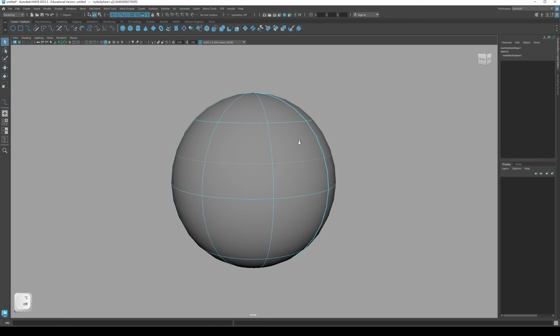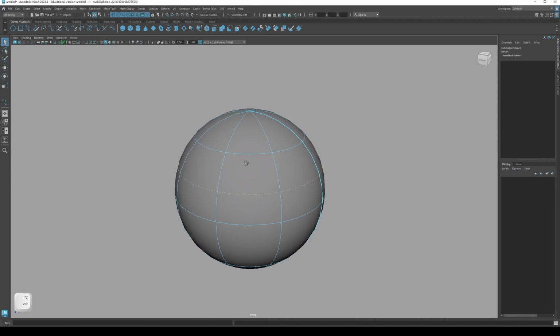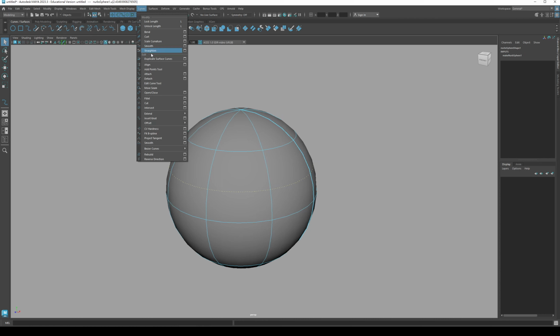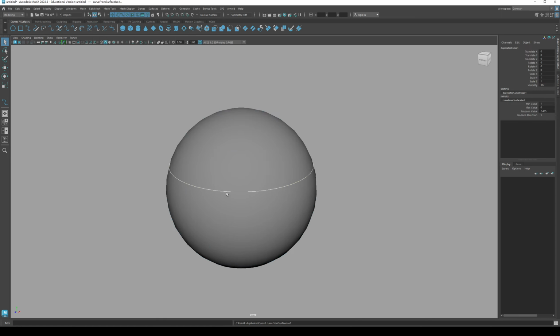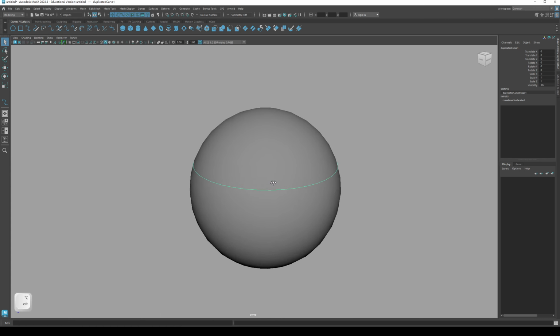Okay, we marked the isoparm, and we want to create a curve like this isoparm. So let's go to curves, duplicate surface curves, click it,